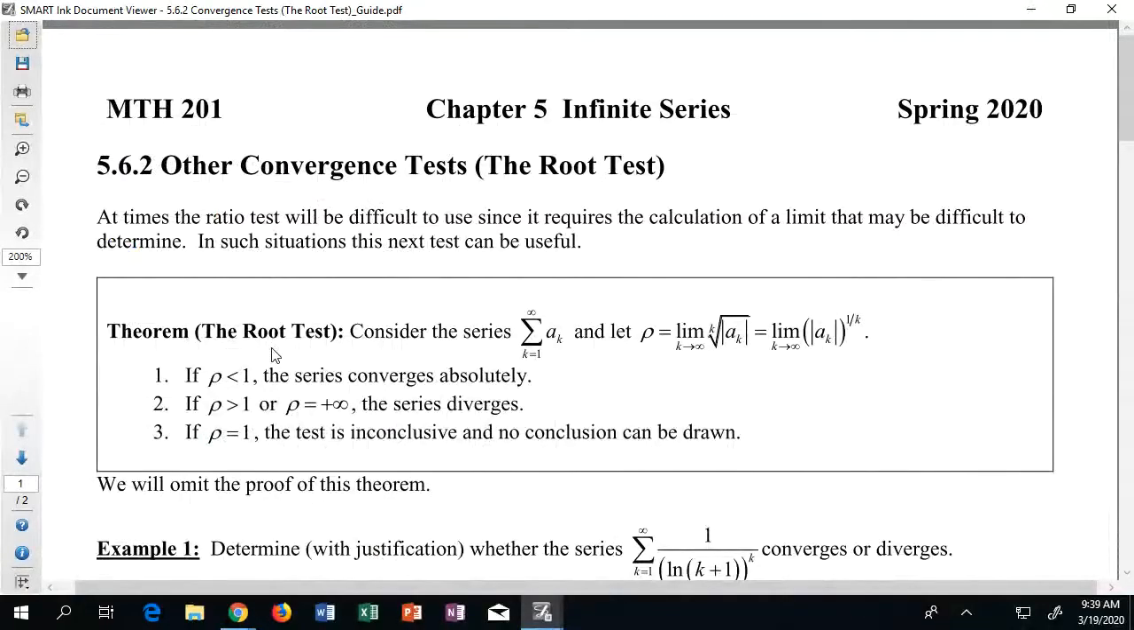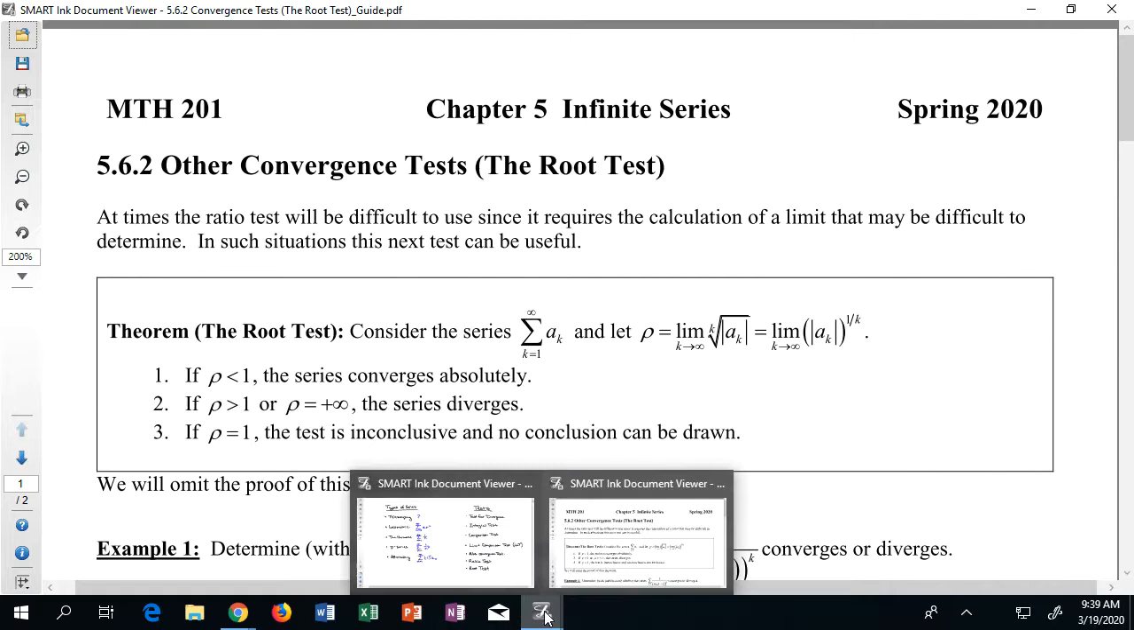All right, in this section, we're going to be taking a look at the root test. And this is our final test that we're going to be constructing here in Chapter 5, as this is our last section in Chapter 5. Now, before we read through what the root test actually looks like, I think it'll be an important thing to